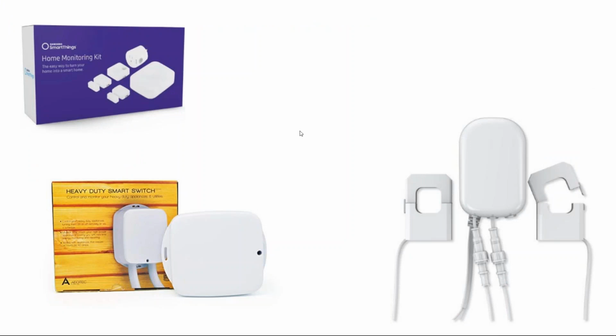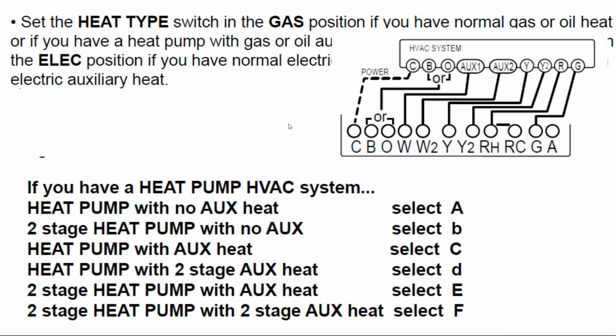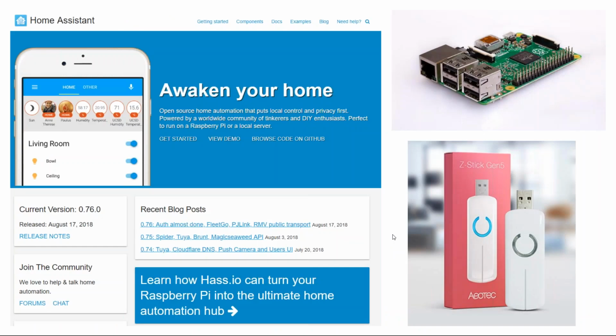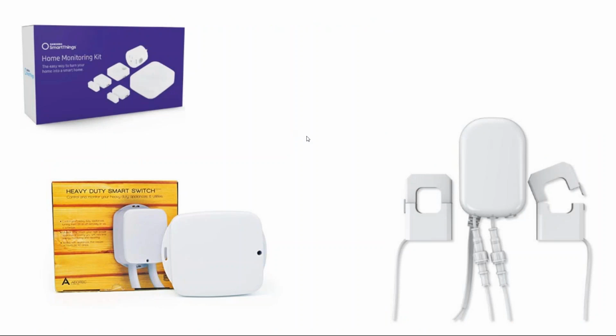And so we have a wide variety of Z-Wave products. Here is a 40 amp breaker that's Z-Wave technology, so that you could have a 40 amp device that you could be turning on and off. The thermostat that we just looked at could be a Z-Wave thermostat, so that these auxiliary relays could be triggered not over hardwire, but over the Z-Wave platform. And so you could combine the two to turn on and off